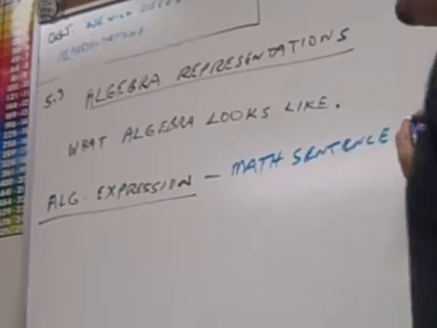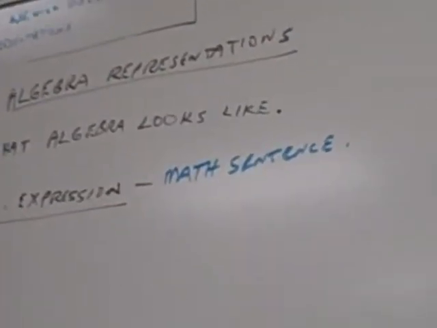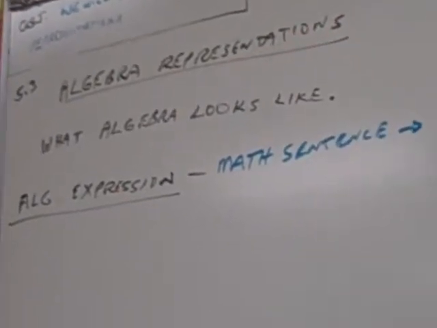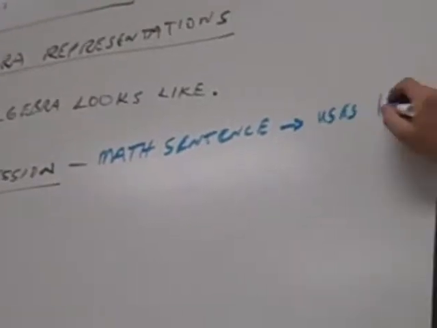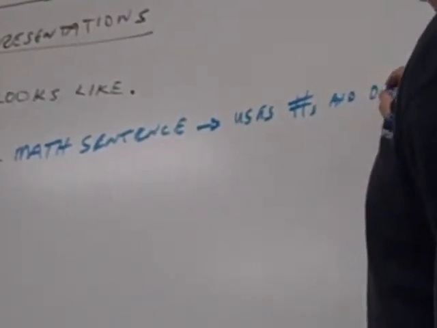It's a math sentence. Now, we have English sentences. What do I mean by a math sentence? Like a number with an addition or subtraction or multiplication. It uses numbers and